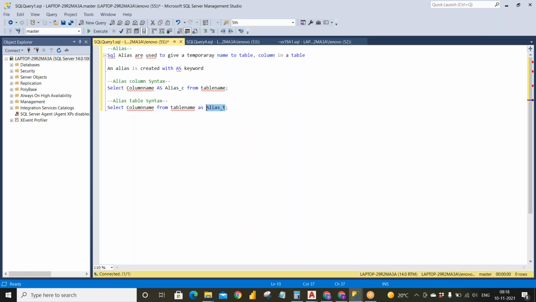So we will see some examples of how it works. Alias column example.